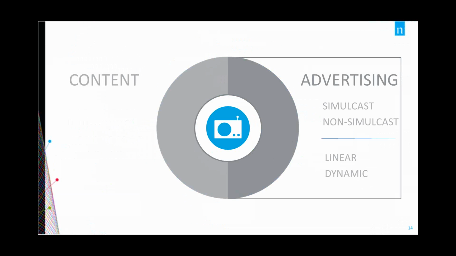And then advertising. It's important to us, as it is for you, to make sure that we are correctly and strategically identifying not only your content and your real estate, but also the advertising models that go into those things. So our service is going to be built to measure simulcasted streams, read that to mean TLR, non-simulcasted streams, linear, and then, of course, dynamic as well, in case there are targeted ads happening in the streams, things of that nature. So the service is also built to capture that.